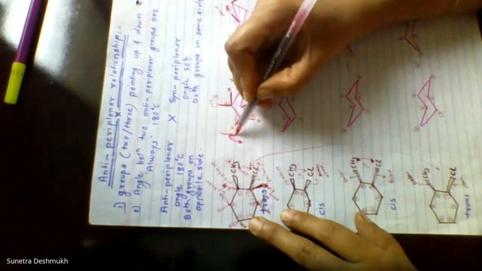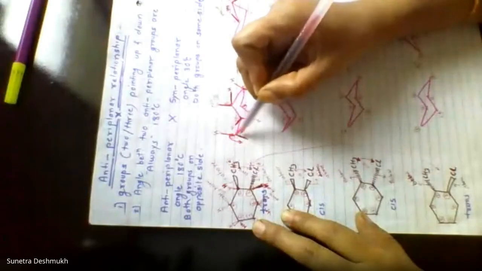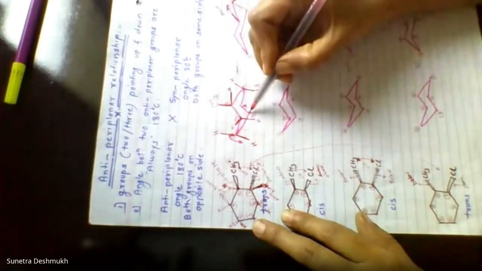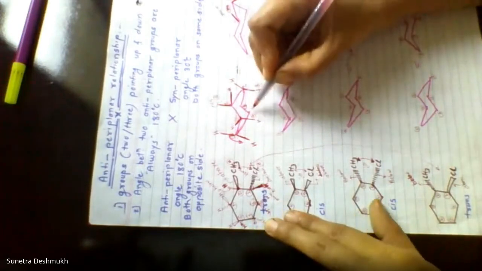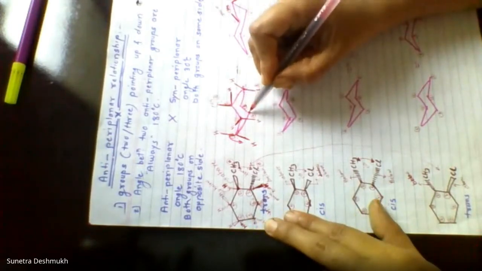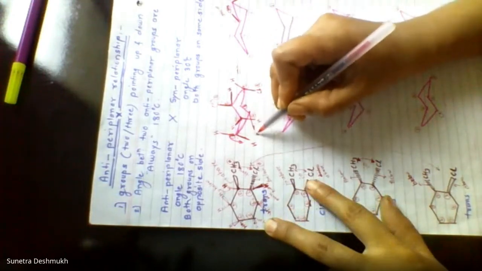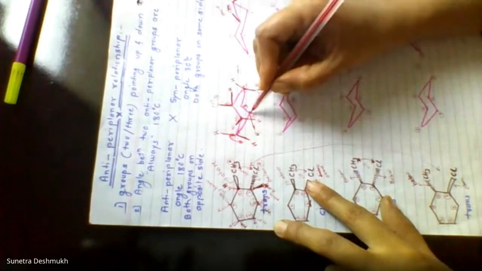Now at the fourth position, I will come above the plane. So it's obvious it will point above the plane. Below the plane hydrogen, so it will be equatorial below the plane. At the fifth position now, above the plane. Above the plane means that will be pointing